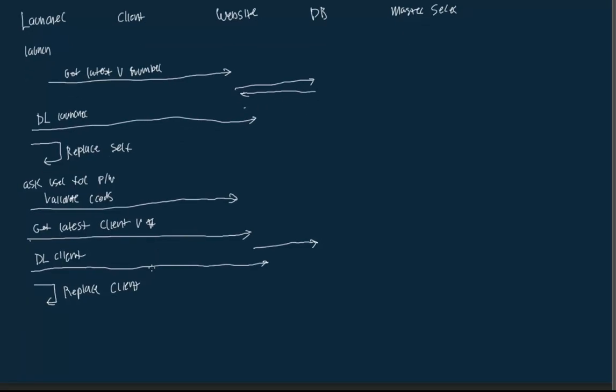The goal of what I'm about to write here, the sequence diagram that I'm about to write, is to not have the username or password asked of the user 2 times, but to require that the launcher is able to validate the credentials. So what does that mean for me? Well, it means that the actual game client itself, I don't want it to ask for the username and password again, because the launcher already asked for the username and password of the user, well, before it downloaded the client. So the way that I'm going to handle this is the launcher is going to then send the credentials again to the website,